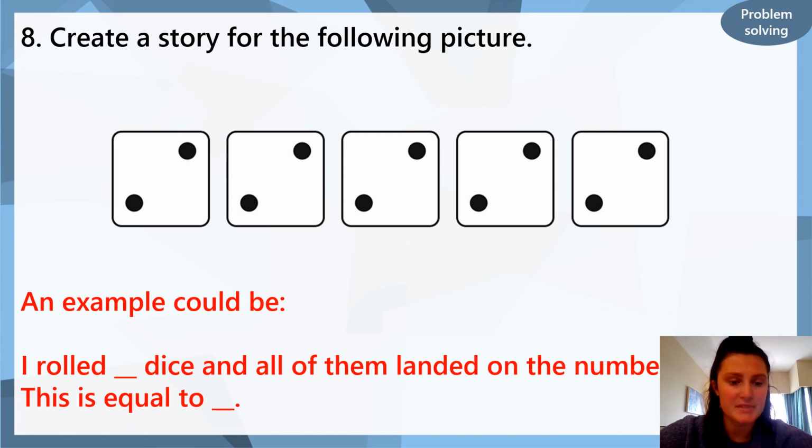I rolled dice and all of them landed on the number ___. This is equal to ___. So I haven't given you the whole story. You still need to fill in the numbers yourself. Have a look, see if you can write a story for the picture, or you can use my story and fill in the blanks. When you're finished, check your work, make sure all of your numbers are the right way around,